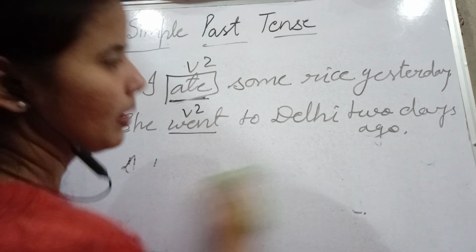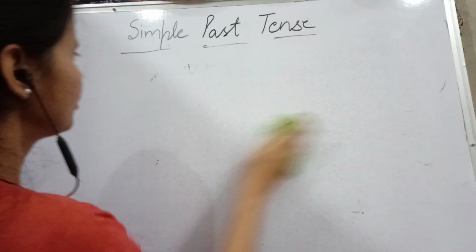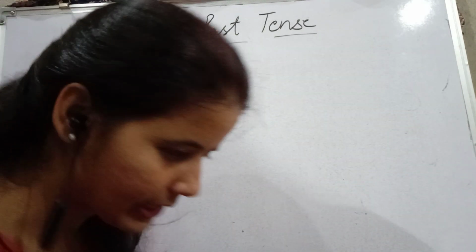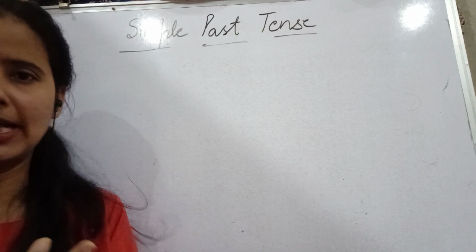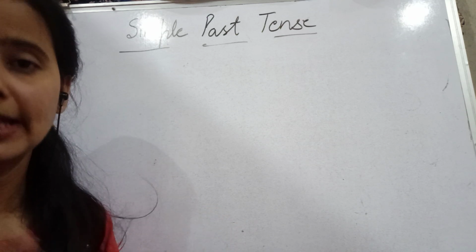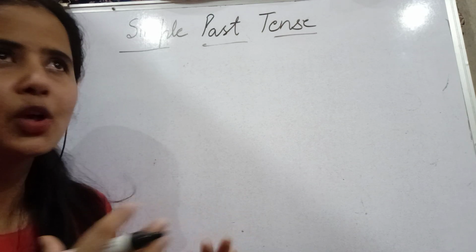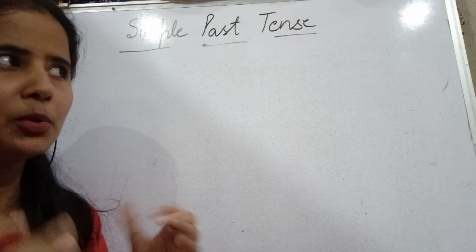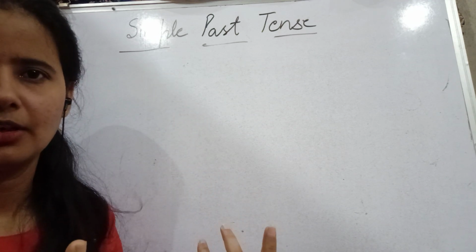ऐसा एक्शन जो पास्ट में कंप्लीट हो चुका है, पूरा हो चुका है, to represent this action we have to use simple past tense. And look at the most important use, okay, nowadays in exams, in competitive exams, every exam, it has been asked, okay, to express hypothetical situation. Okay, what is this hypothetical situation? You need to know that imaginary situation, just you need to imagine, this is not true, that is not reality. ये रियलिटी नहीं होती है, ये ट्रूथ नहीं होता है, सिर्फ तुम उसको इमेजिन करते हो, सिर्फ तुम सोचते हो कि काश ऐसा होता, isn't it?